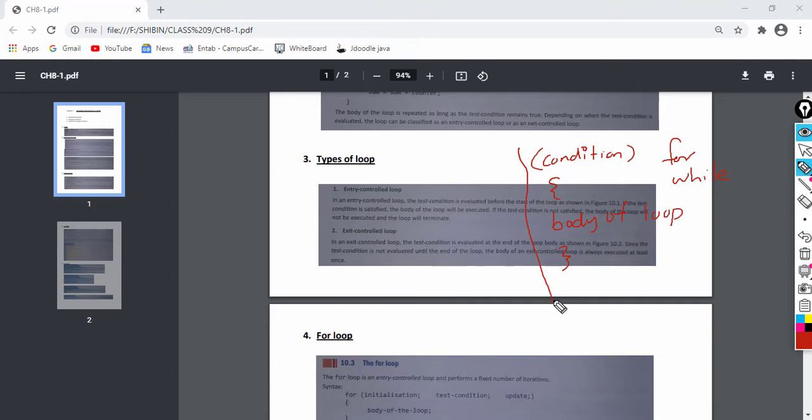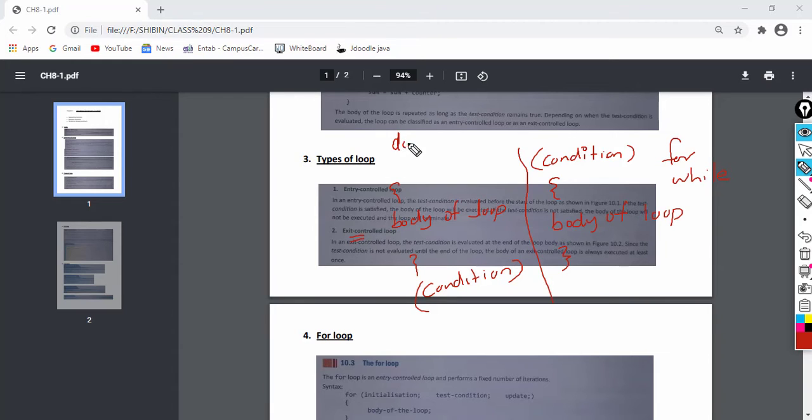Then what about the exit controlled loop? We will execute the body of the loop before checking the condition. So the condition will come here. Before checking the condition, we will execute the body of the loop. That is known as an exit controlled loop.